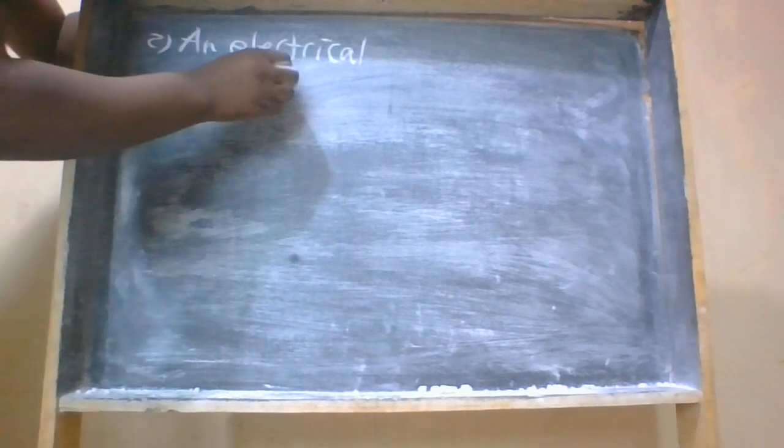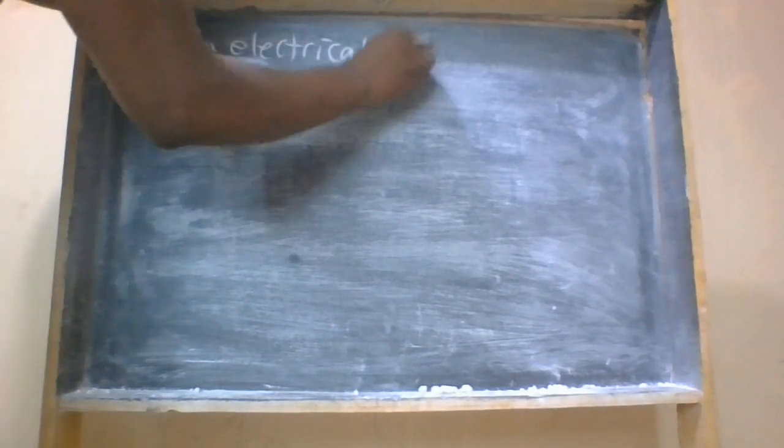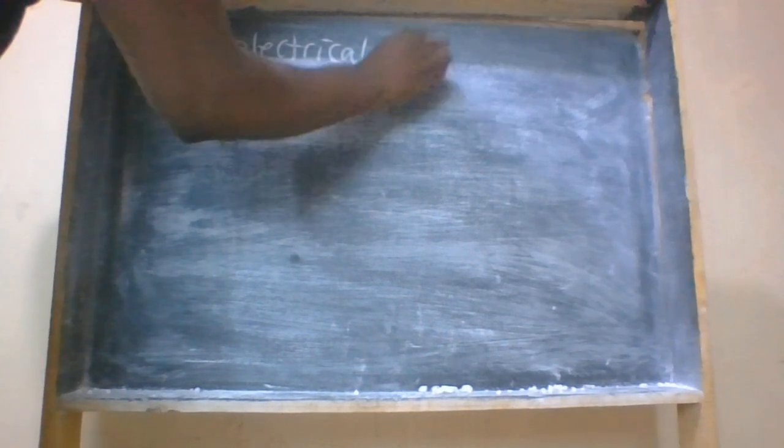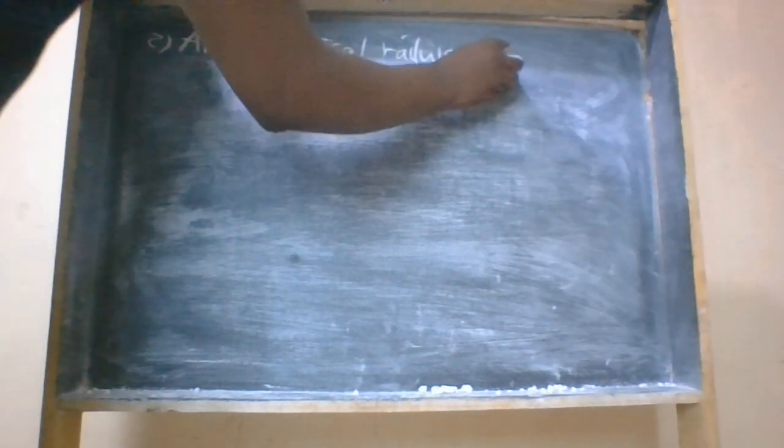Let's quickly look at the second example as we are winding up today's lesson. Example 2. An electrical railway locomotive of mass